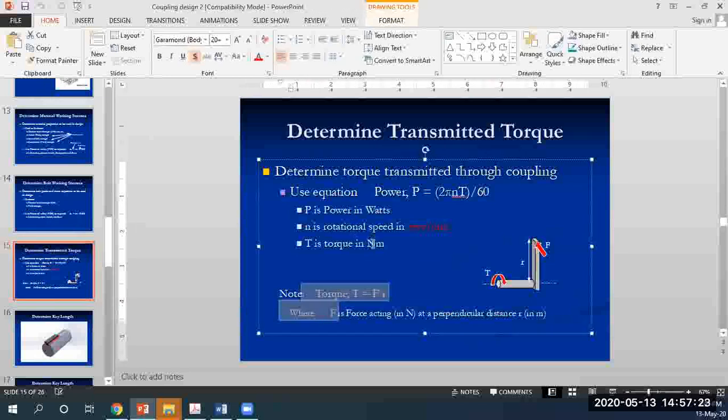Torque is a function of force times the radius. I have given you all the figures, and the formula is provided to you as well. What I'd like you to do is include this in your report. So your report will be,